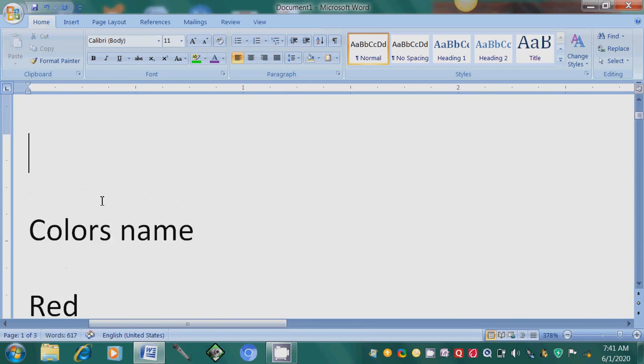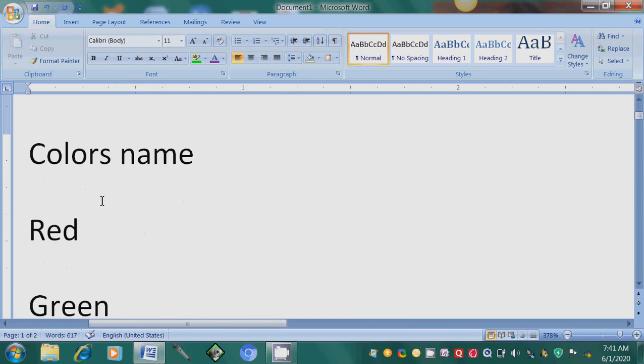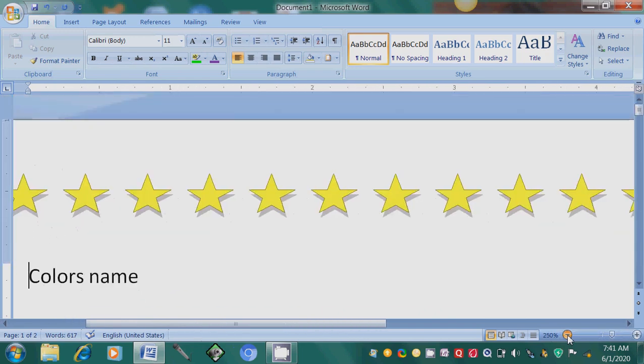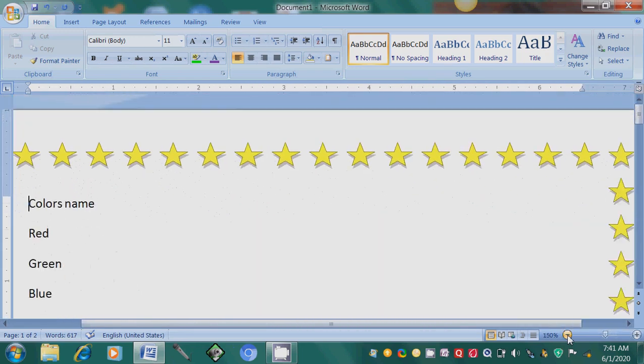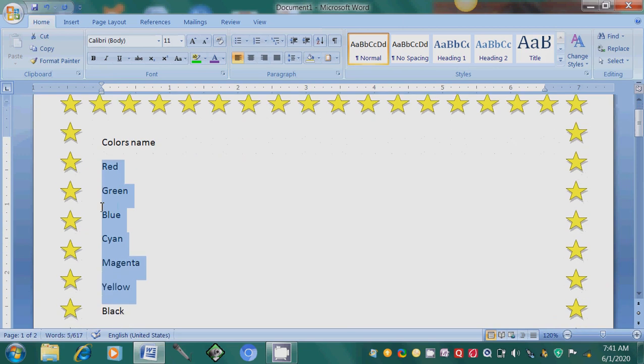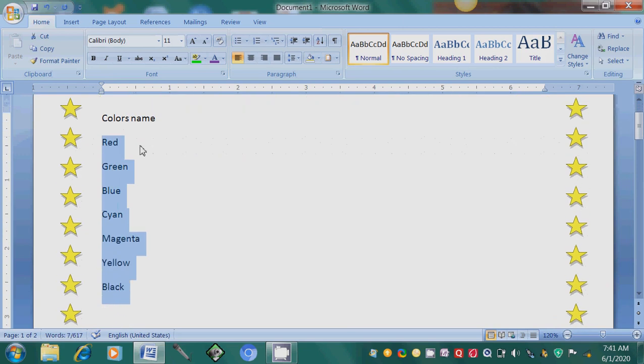I'm just going to delete all the contents except this list that I have. Now I am zooming in so that all the text will appear on one screen. These are color names: red, green, blue, cyan, magenta, yellow, black. I selected these colors and then I click on A to Z.